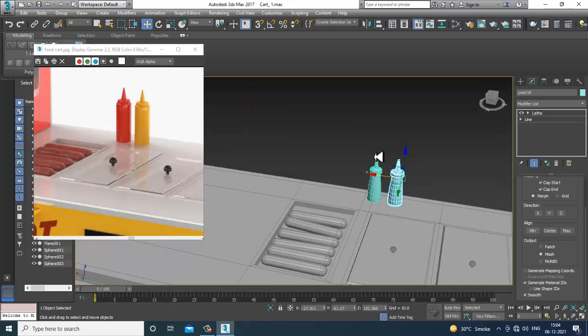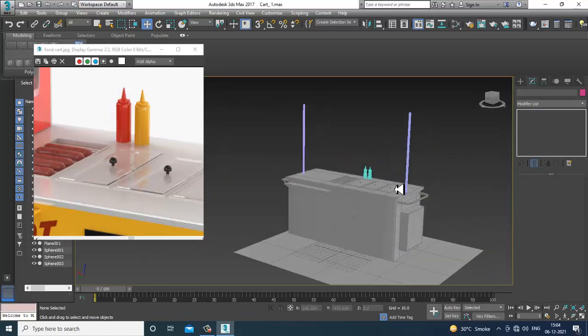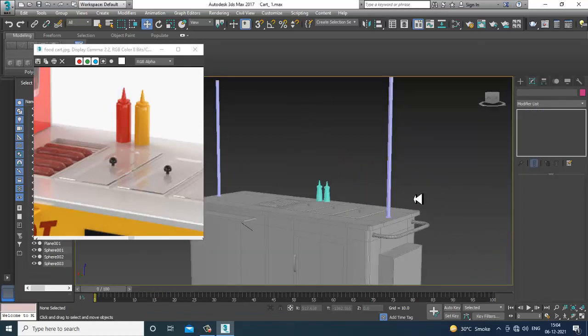Duplicate that. Alright. So just save your file again.